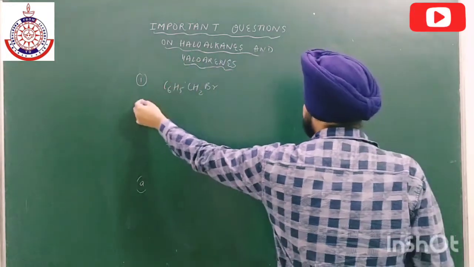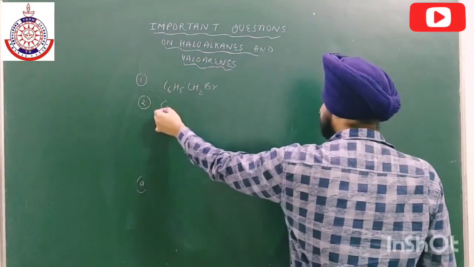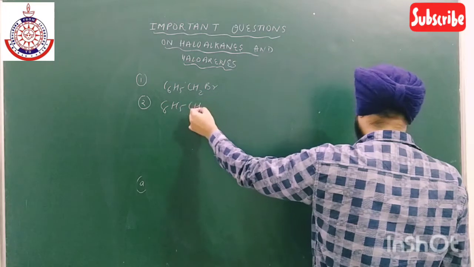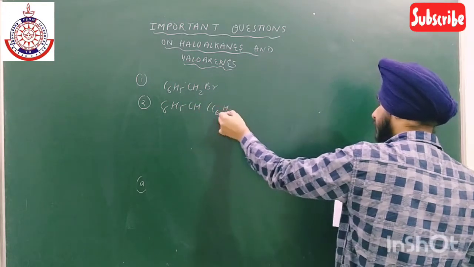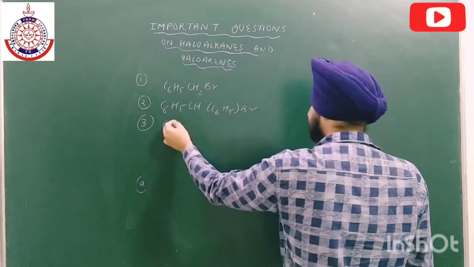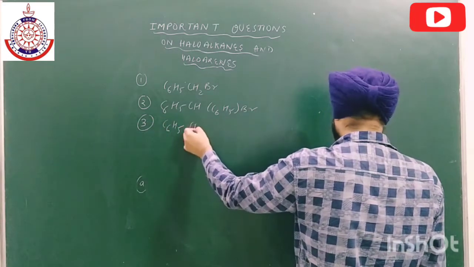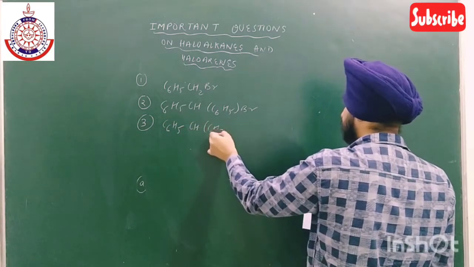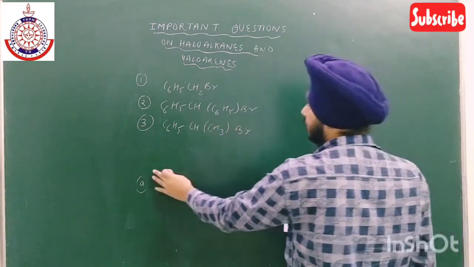This is the first one. The second is C6H5CH(C6H5)Br. The third is C6H5CH(CH3)Br, and the fourth one is